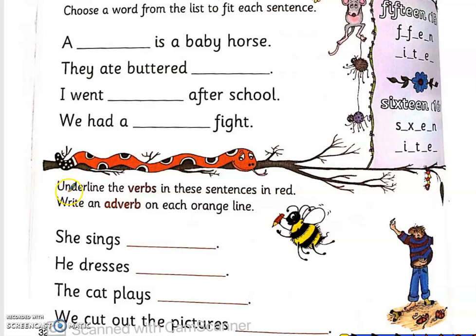And then in these sentences, you underline the verbs. So sings, dresses, plays, cut. And you write an adverb to describe these verbs, like singing sweetly, dressing well, playing happily,